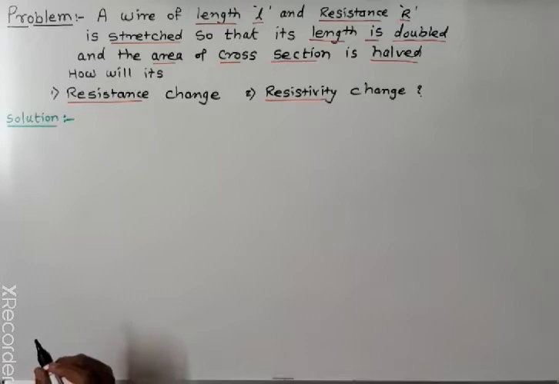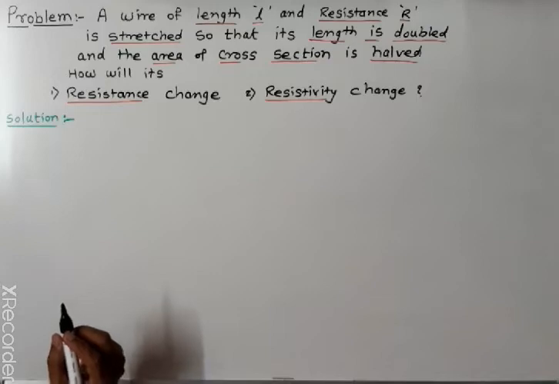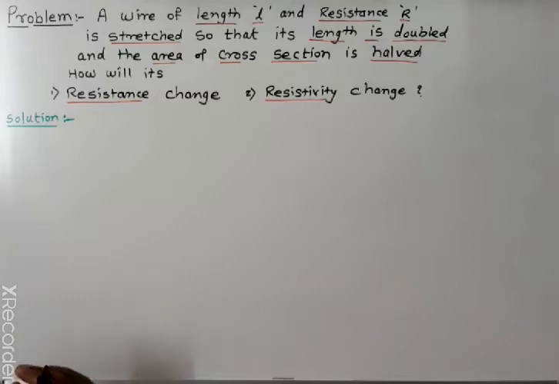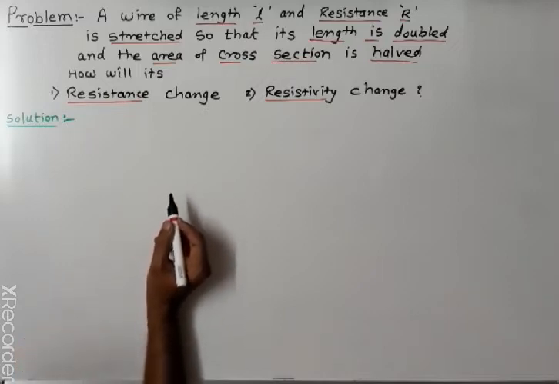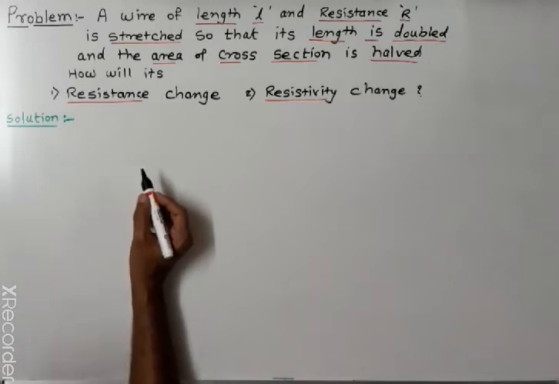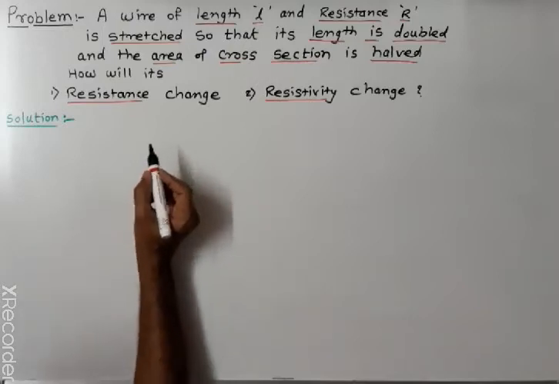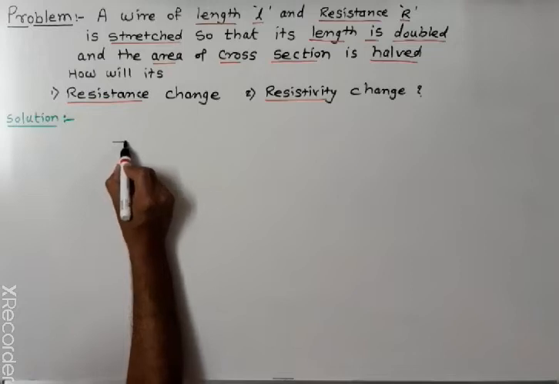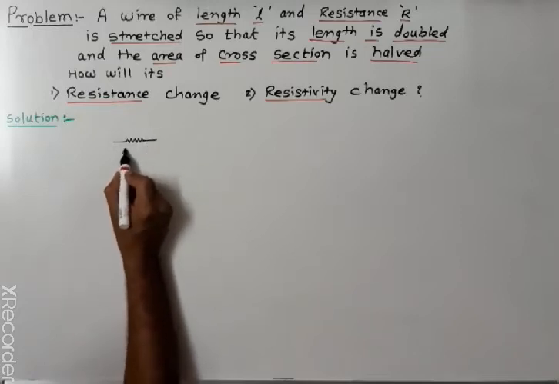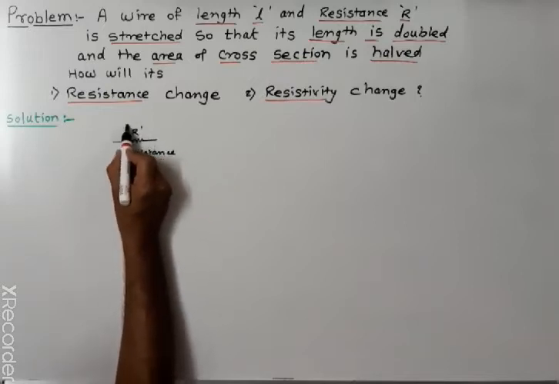So resistance is nothing but the obstruction to the flow of current, or obstruction to the flow of electrons in the conductor. Diagrammatically, the obstruction is represented by hills. That means resistance is one kind of opposition to the flow of electrons, and it is represented by this symbol. This is your resistance, denoted by a capital letter R.